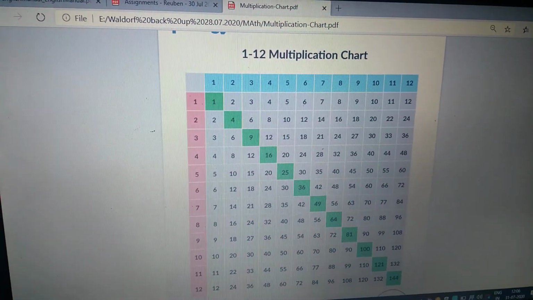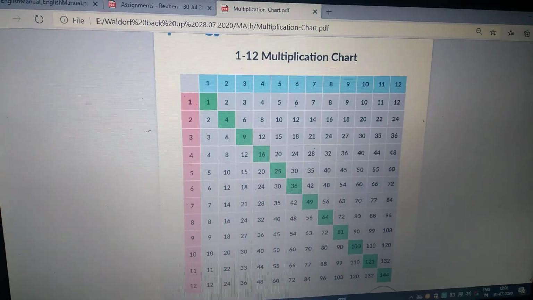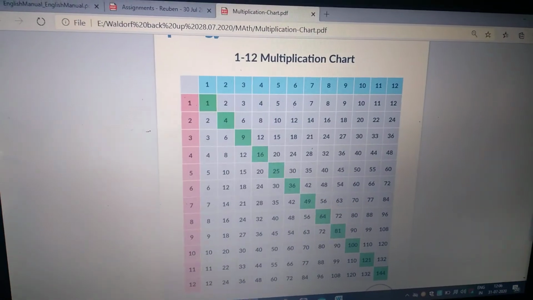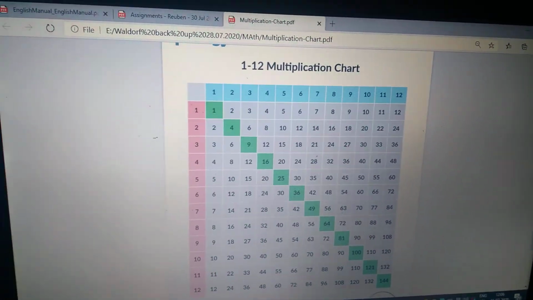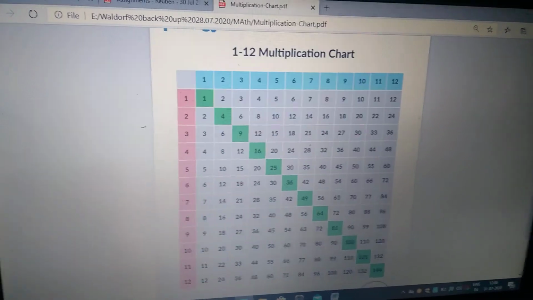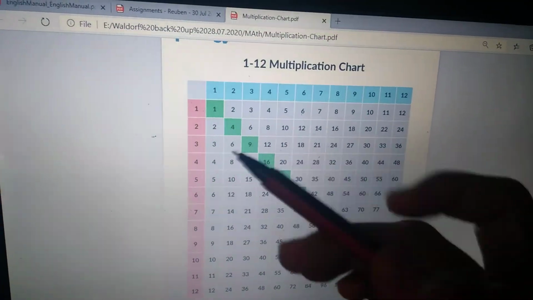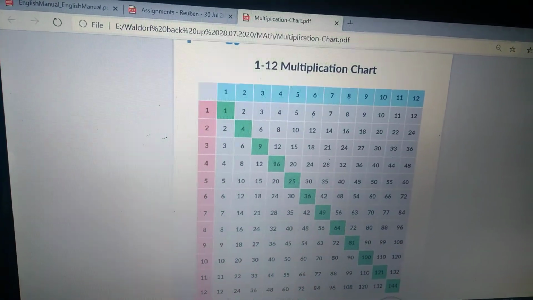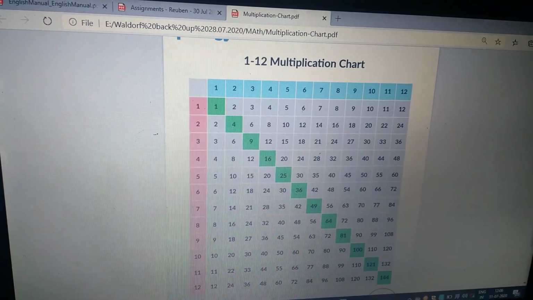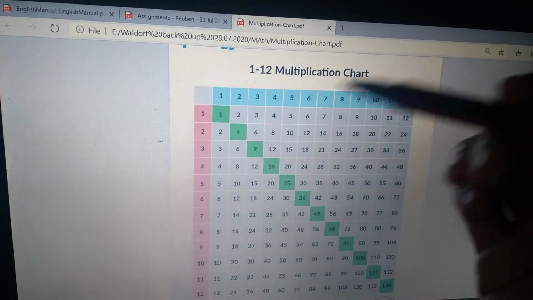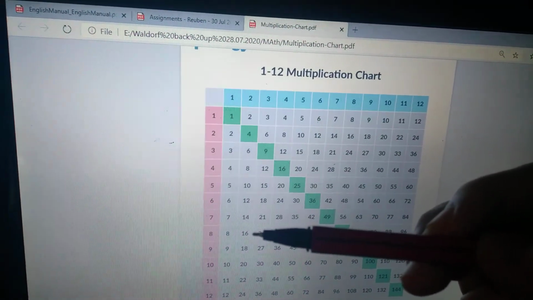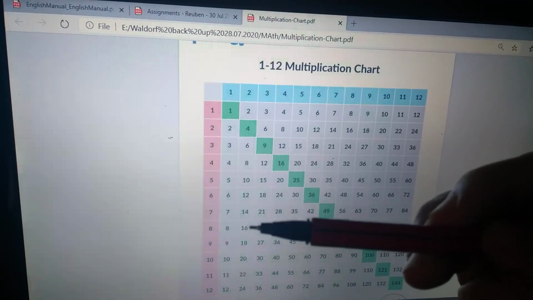So if I can't remember the 2 times table, I have to just keep thinking, okay, I know the pattern is supposed to be 2, 4, 6, 8, 0. And if I'm stuck somewhere, at least I know the last digit. If I'm stuck, let's say at 8, can't remember, okay, how much is 8 times 2? I say, okay, 2, 4, 6, 8, 0, again 2, 4, 6, 8, 0, 2, 4, it has to have 6 in the last place, and then I say, oh, okay, 16, I remember.